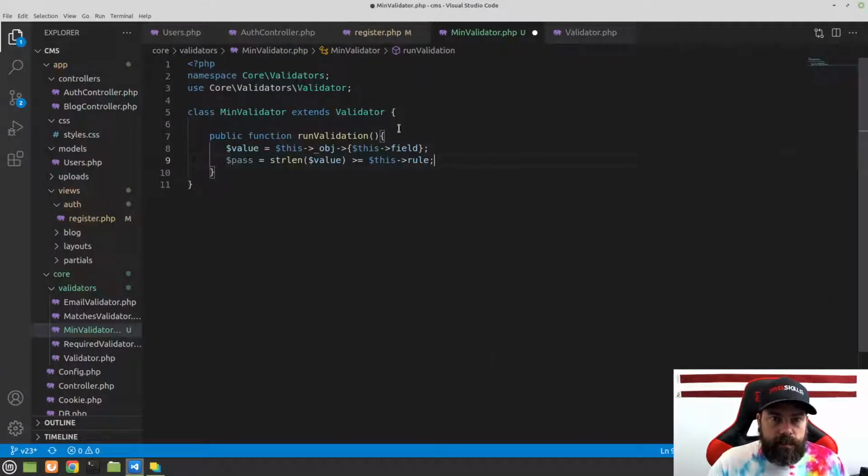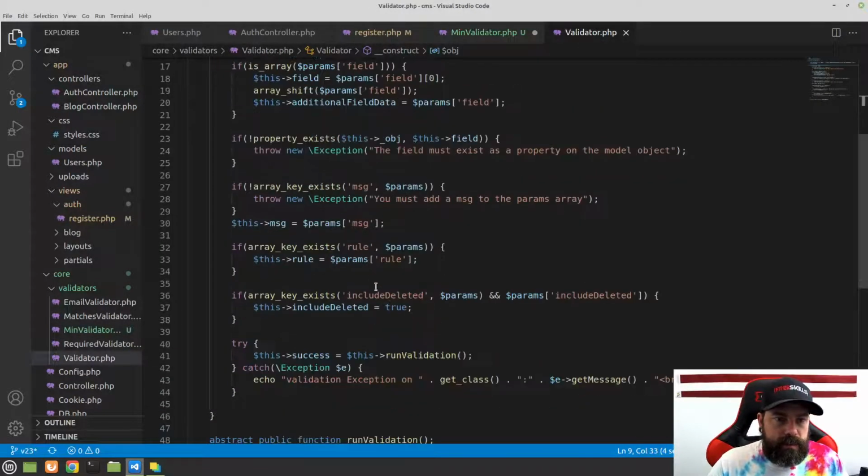So we're going to pass as this rule. Now remember, inside of our validator class, we are looking for a key,